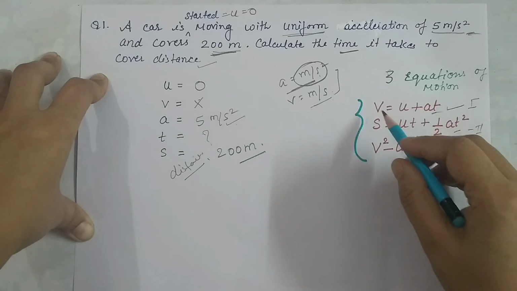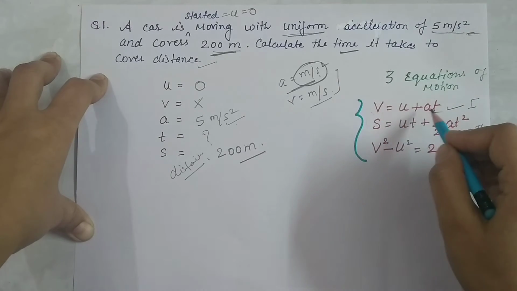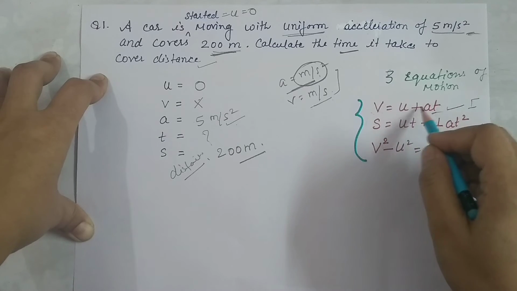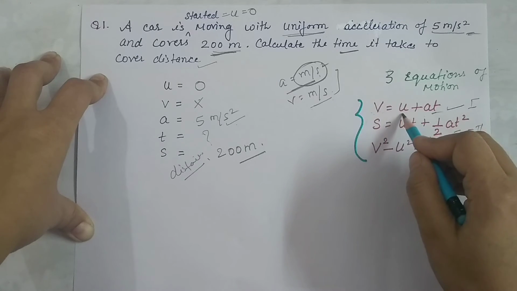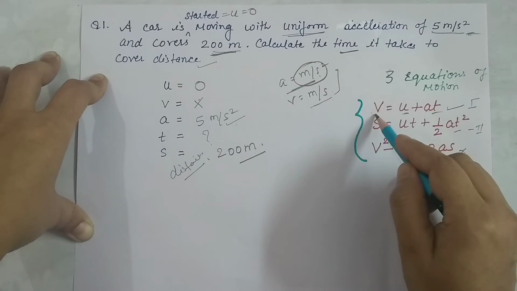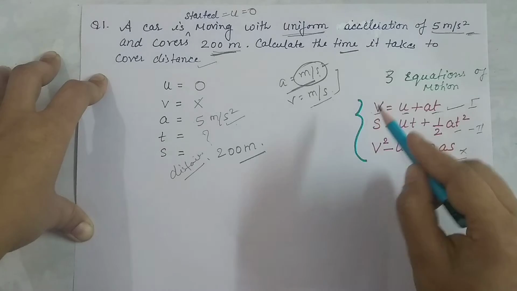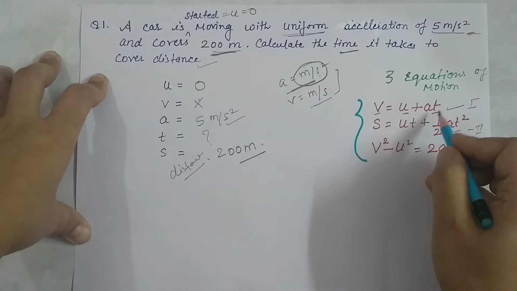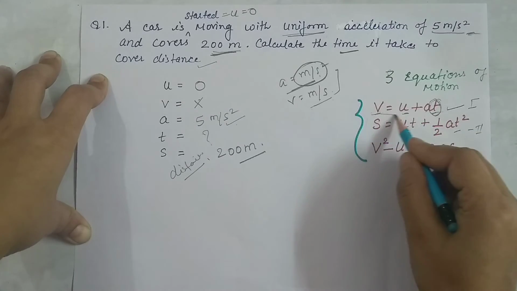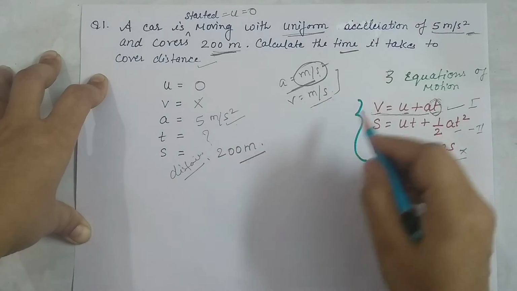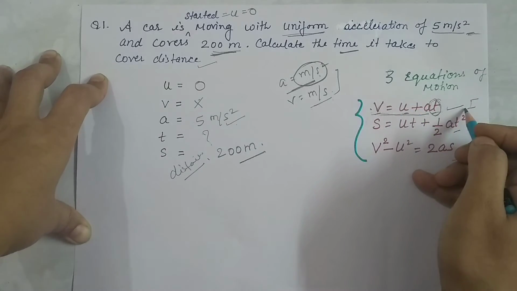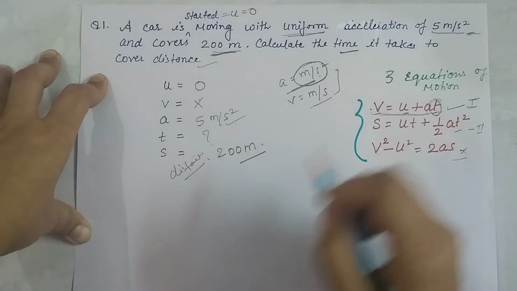Here we will take the first equation first: v is equal to u plus at. So we have u, we have acceleration, we have time, but we don't have the velocity. And we know that for a mathematical equation, to find anything, because we have to find t here, at least these things we should know. But here we are not able to see the final velocity, so it's not possible to take this first equation.